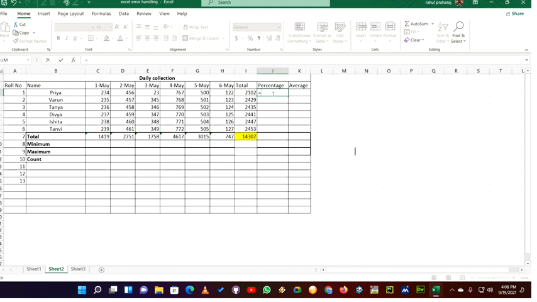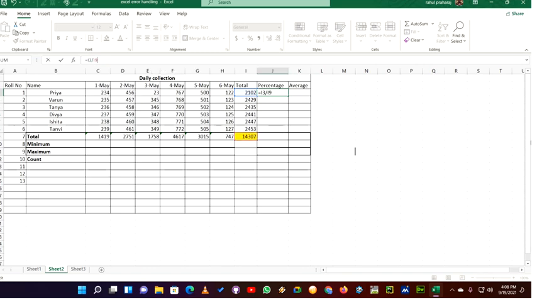So how to do that? We are going to take cell I3, okay, divide by the total we have just collected, that's 14,307. We are not going to take the data itself, but in terms of cell reference, which will make all my cells instantly updated. Okay, so I am going to take I9.